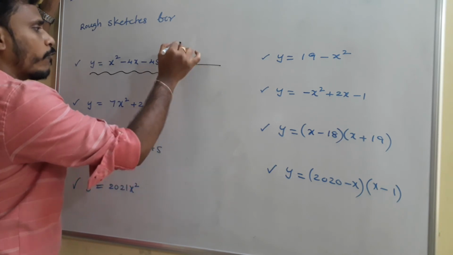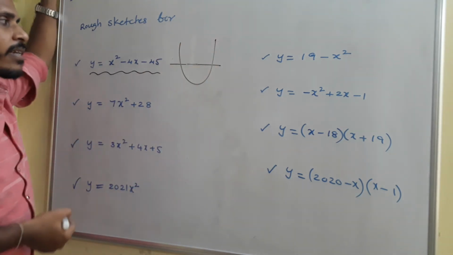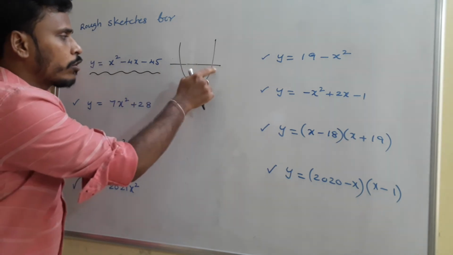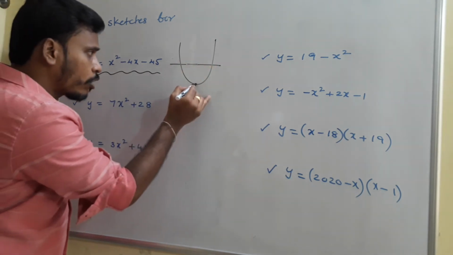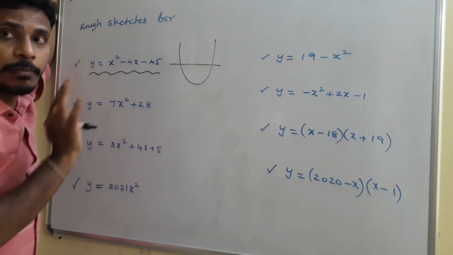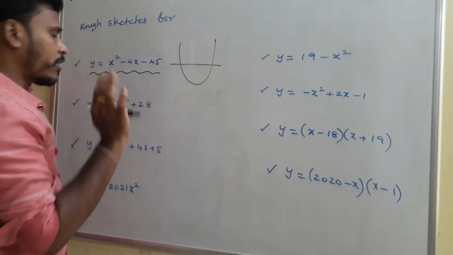The graph is an upward parabola. It intersects the x-axis at 2 points. I don't know the roots. If you need, just find them and then mark them. Otherwise, leave it. I don't know this point; if you need, find it and mark it. Because I am just sketching all those things.